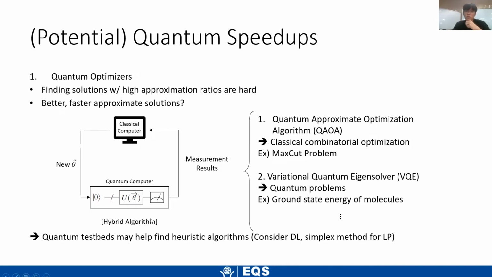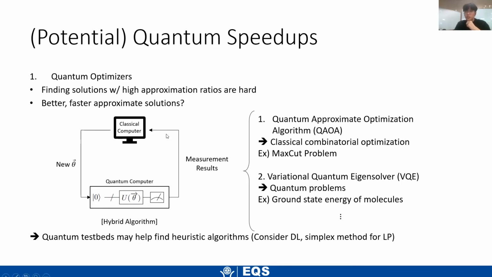And one major approach that we're trying right now is hybrid algorithms. So this is a framework where we have a quantum computer with a circuit that is parameterized by some variables theta. And we measure the resulting state, and using these results, we process it using a classical computer. Maybe we calculate some loss function, and then we use gradient descent on it. And then we get some new parameters to try, and then we repeat this over and over again. And we can use this framework for many different types of problems.